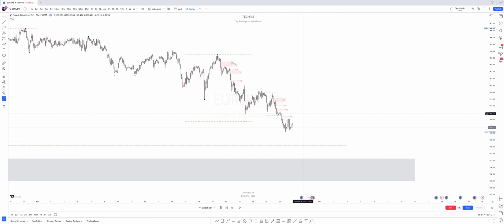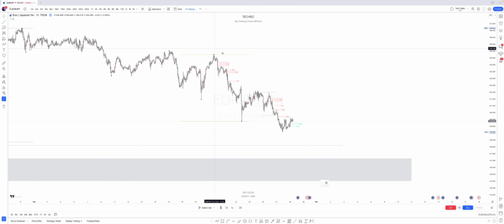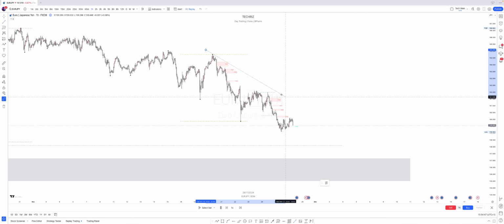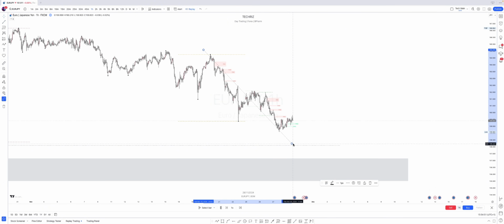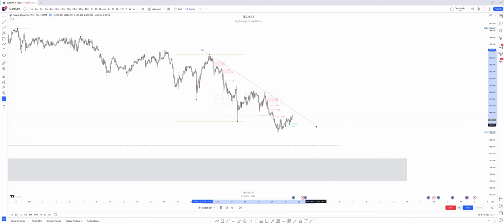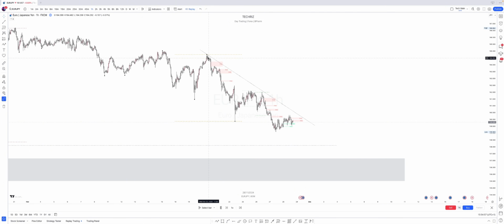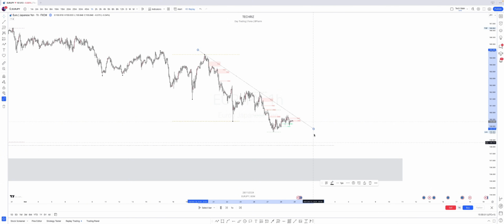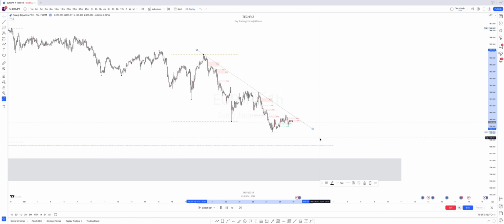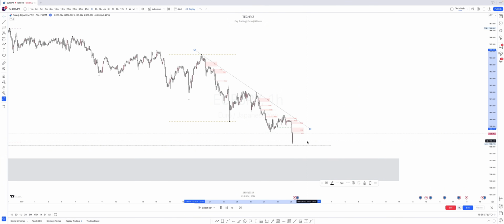Although I'm seeing some form of resistance around here, note that you may not be able to see all the resistance, right? But if you can spot 1 or 2, you're on your way. So you can see the first touch, you can see another touch, right? Let's see how it goes. You can see the first touch, you can see the second touch, and okay,